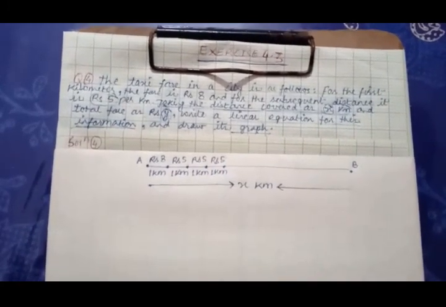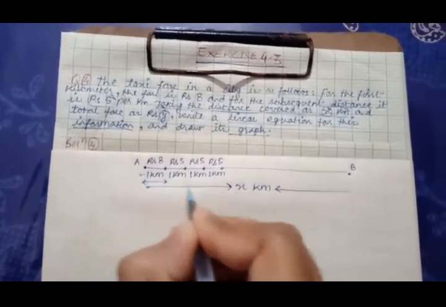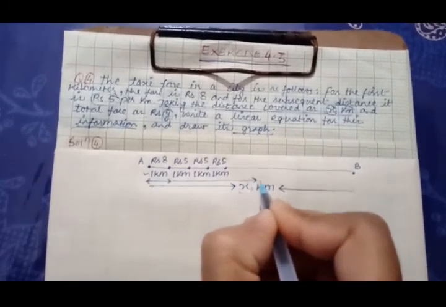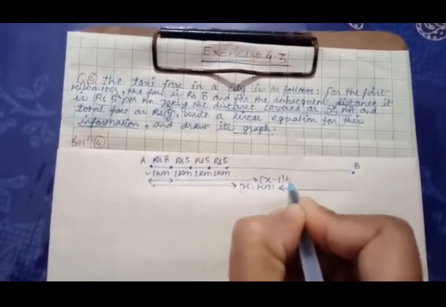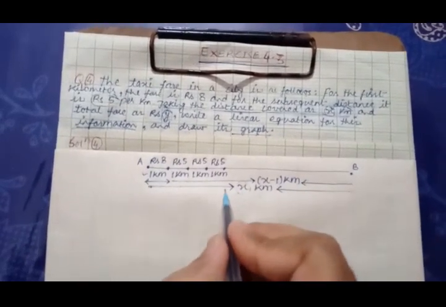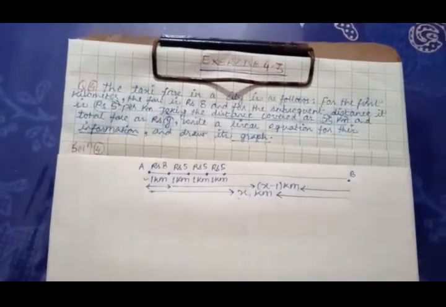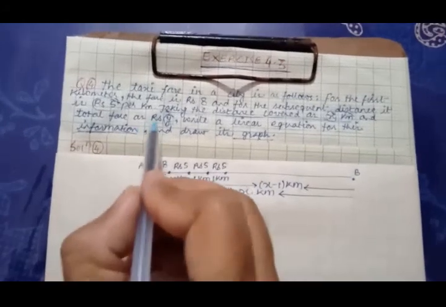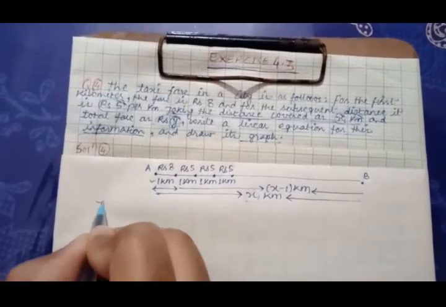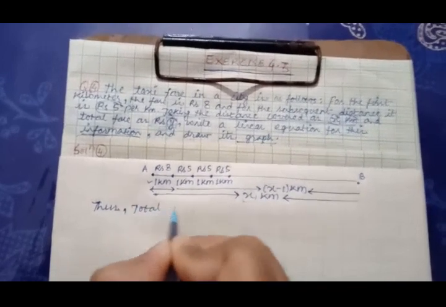So this time you may observe that if this first 1 kilometer is subtracted from total x kilometer, the remaining distance will be x minus 1 kilometer, which is going to be covered at the fare of rupees 5 per kilometer. That's why this total fare, which we are given as rupees y, this we may declare as